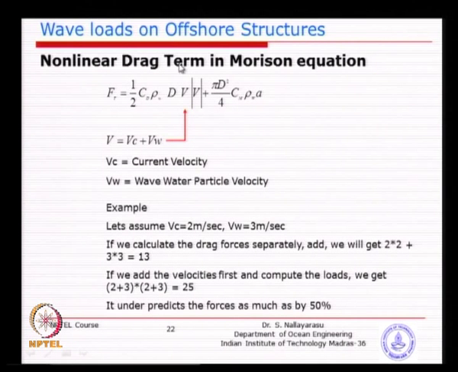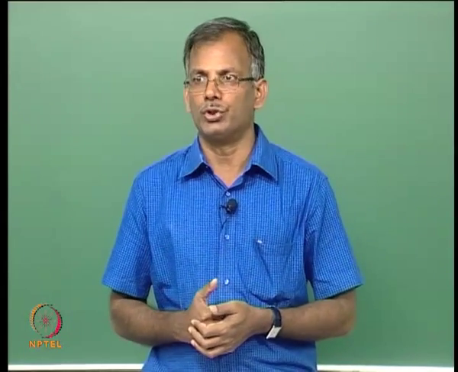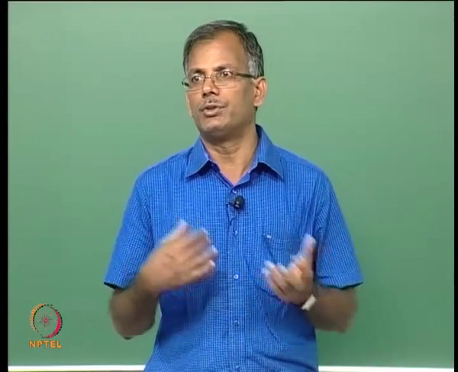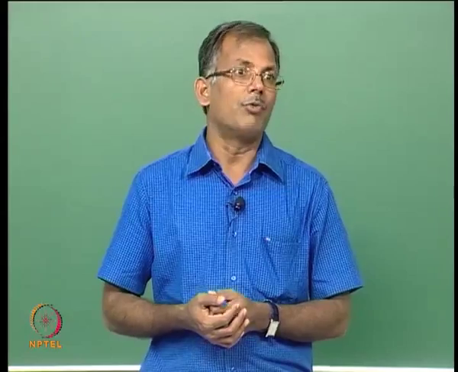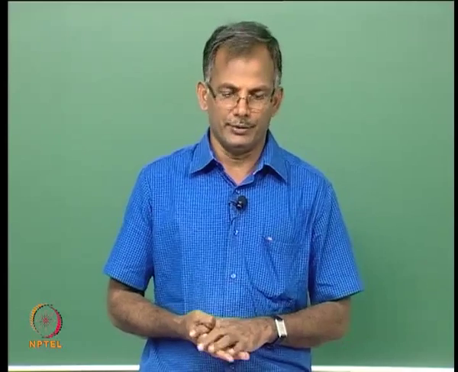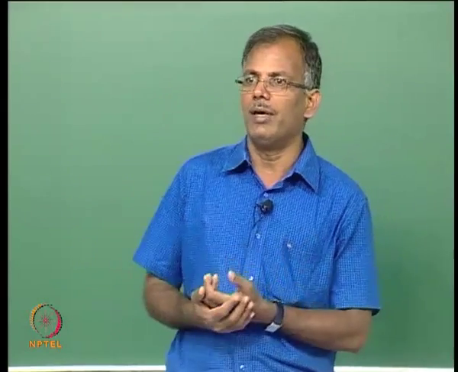That is exactly the idea behind why the nonlinear drag term cannot be treated individually for wave and current separately. Since the wave and current are acting in the same direction, you should add the velocities before computation of the forces. You must remember, you can't do separate calculations for wave forces and current forces. You should add them together before you substitute into the Morrison equation. Whereas the inertia term is anyway linearly proportional, so not a big deal. However, current will not produce any acceleration, so you do not have a problem there.